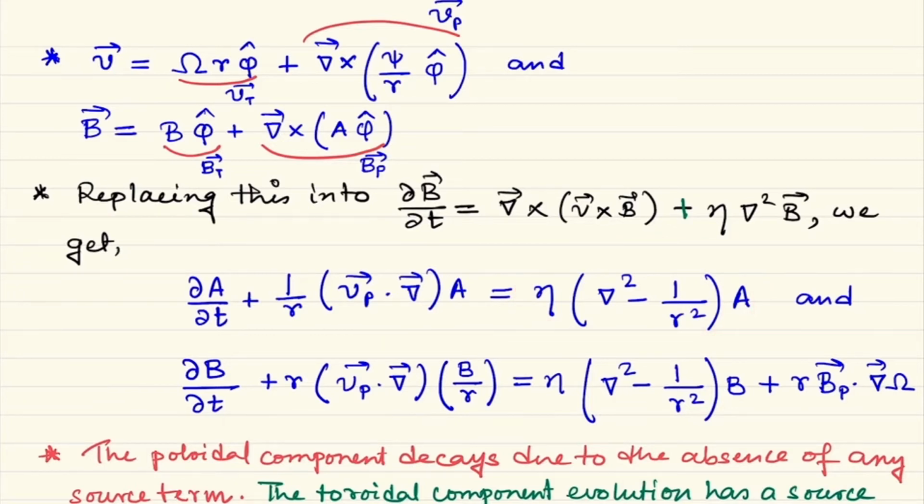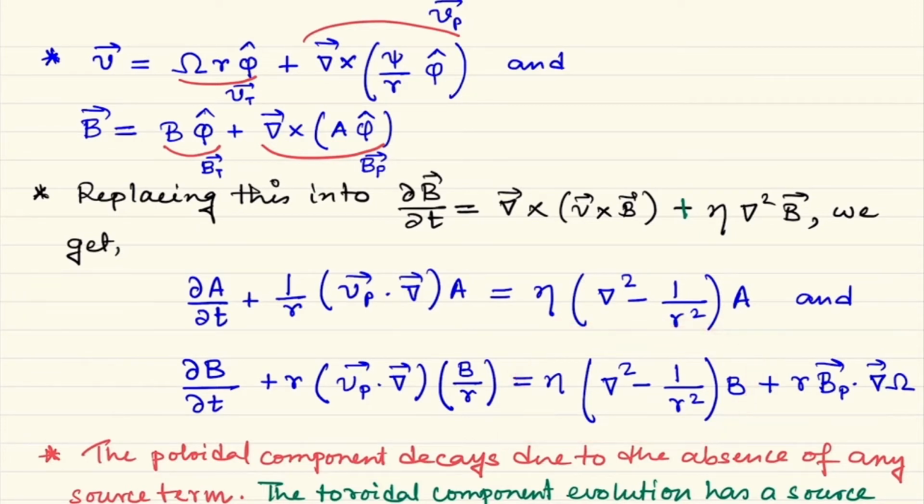Now what happens for B? B has once again an advective part and one diffusive part which lets it decay, but there is a source term. That can be something of interest, but the problem is that the source term is proportional to Bp, and Bp is nothing but proportional to A. With time A decays, so Bp will also decay, so B will also decay. So the source term of B will stop in time, and finally B will decay just due to the action